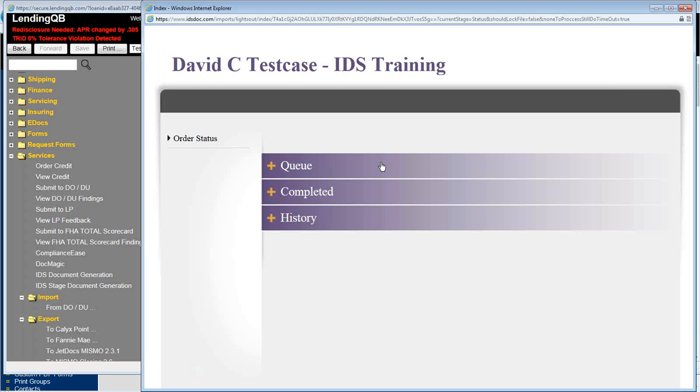And they're emailed out to the borrower. So that is using IDS in the system, as well as an overview of the